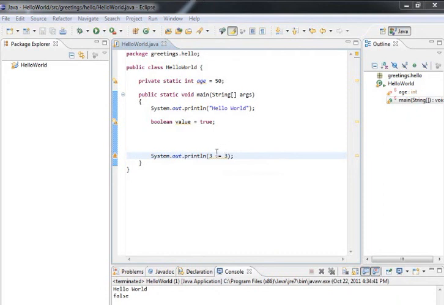And this really isn't going to be very applicable right now until we actually get into conditionals. But if you can imagine, we're going to get to a place where we're going to want to do something if some variable is greater than another one, or